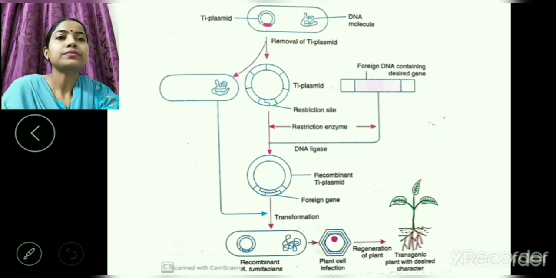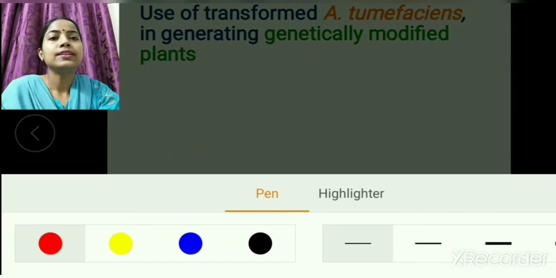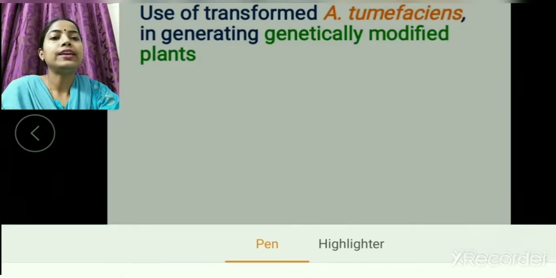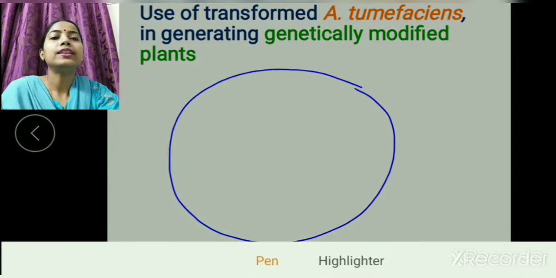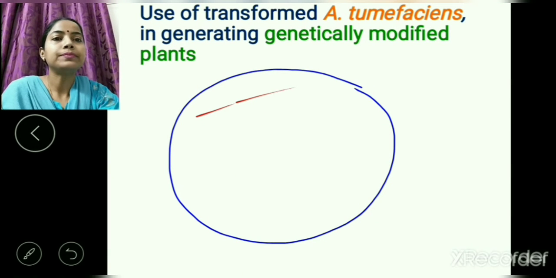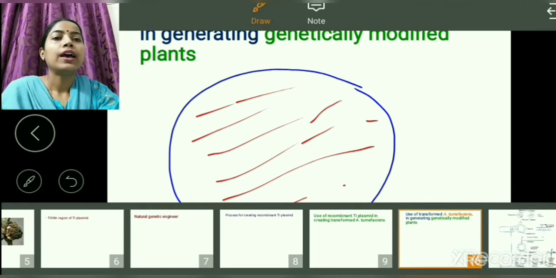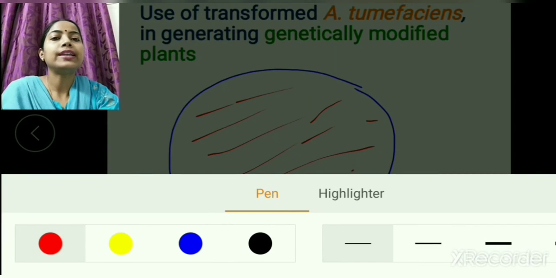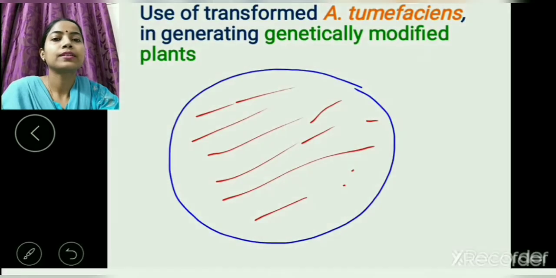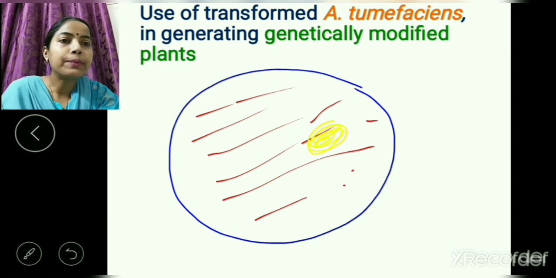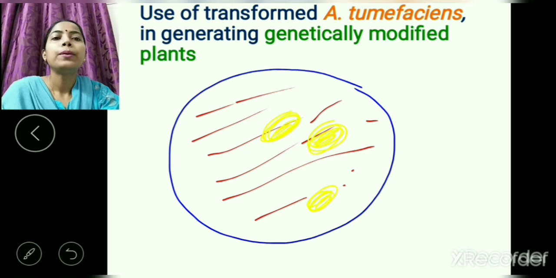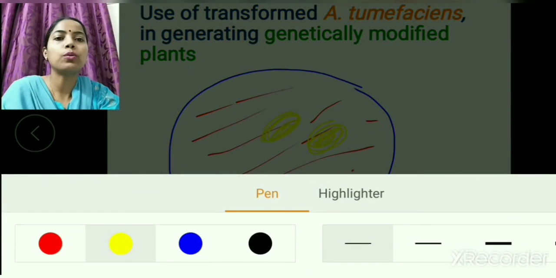How? It is like this: we will take the culture vessel, and in this we will take the medium. And in this medium we will take the plant cells. So here with yellow I am showing the plant cells. These plant cells will now be carrying our chromosomes. Normally they do carry the chromosomes.